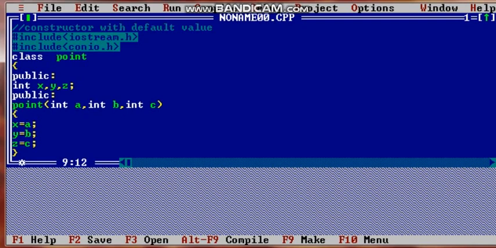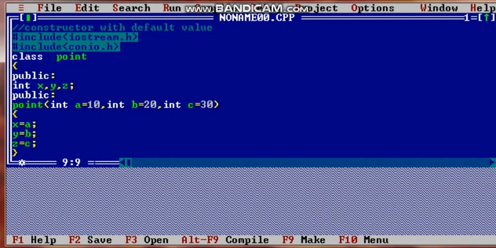when we are creating the constructor, we are assigning some values here, 10, 20 and 30. So when we assign values at the time we are creating the constructor, this type of constructor is called constructor with default values.